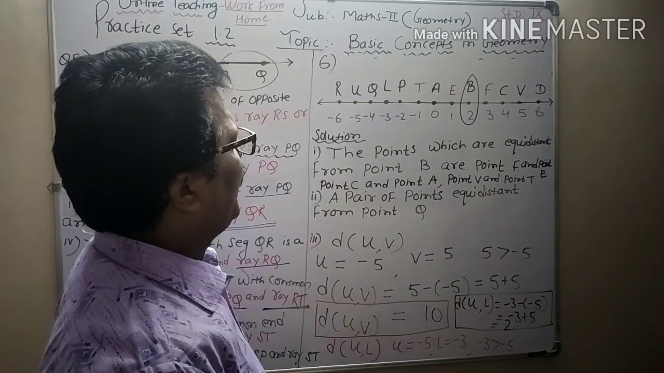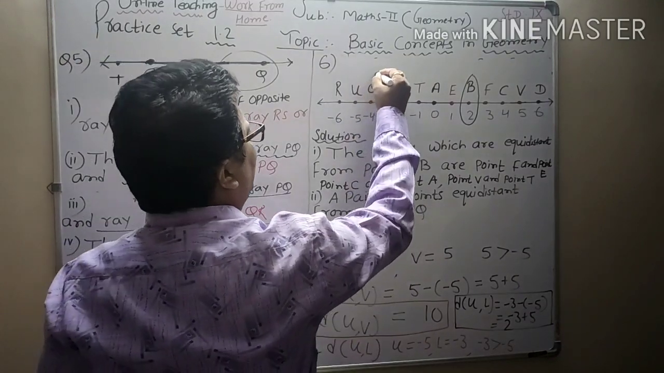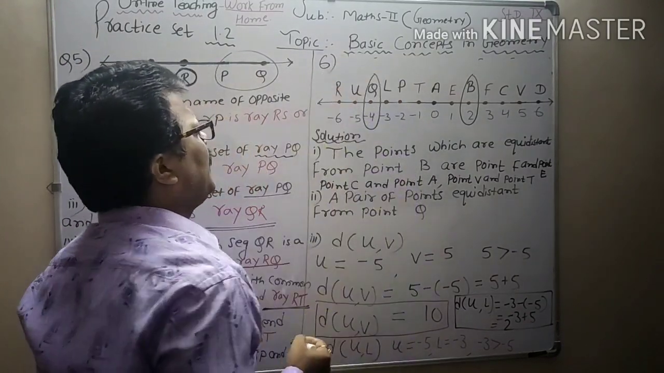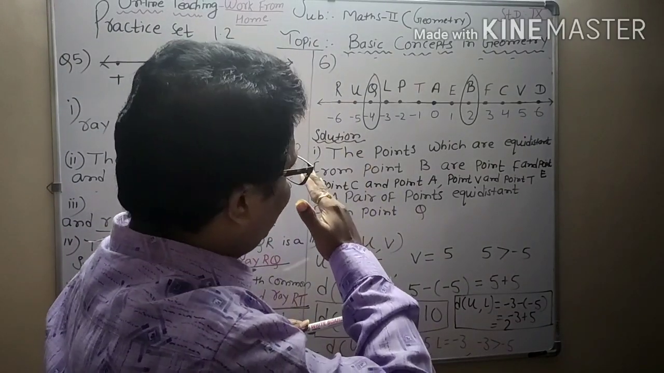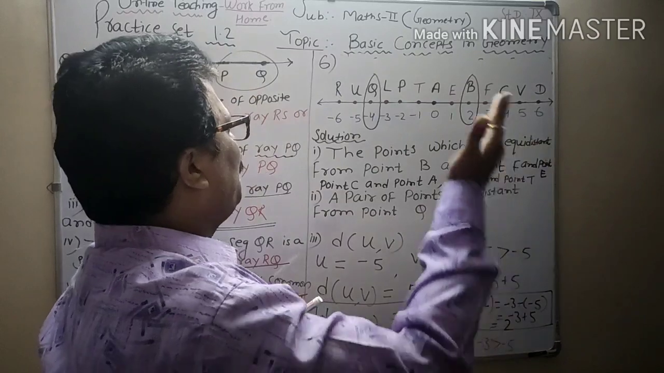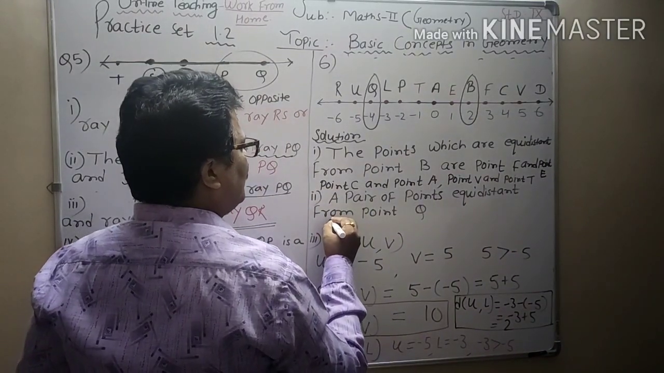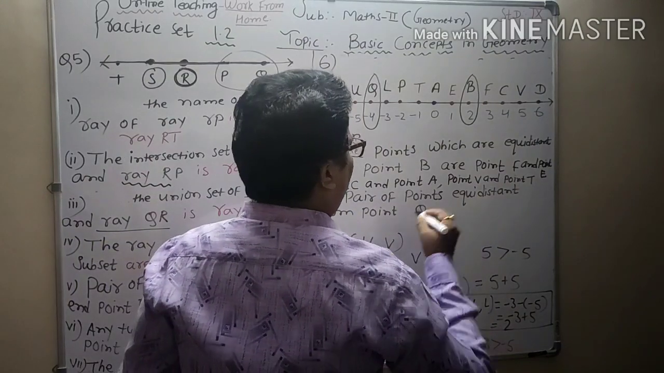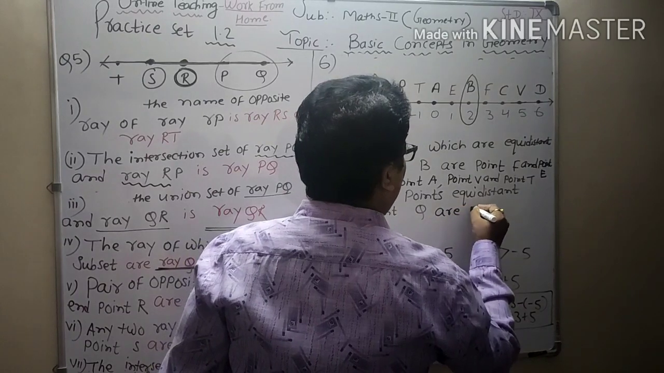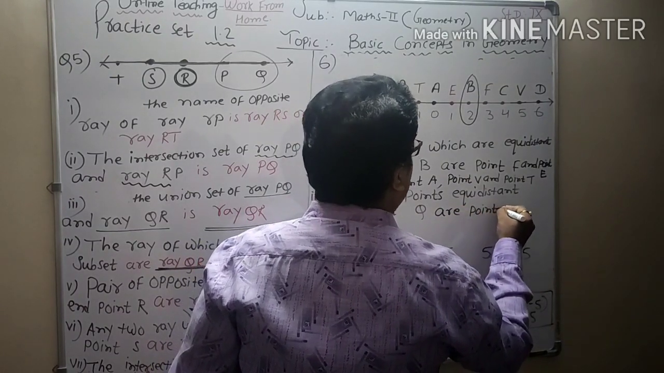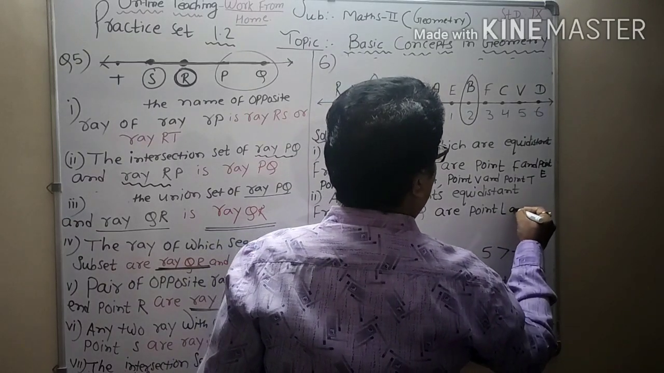A similar question is the second sub question of main question 6: a pair of points equidistant from point Q. Let us highlight point Q. You have seen point Q? As I told you, one letter on the right of Q, one letter on the left of Q. Come on, tell me. A pair of points equidistant from point Q are point L